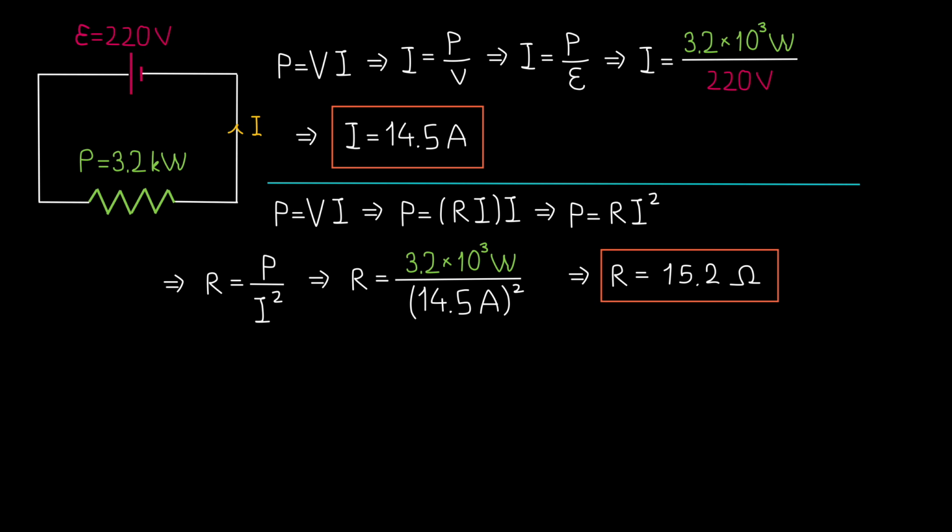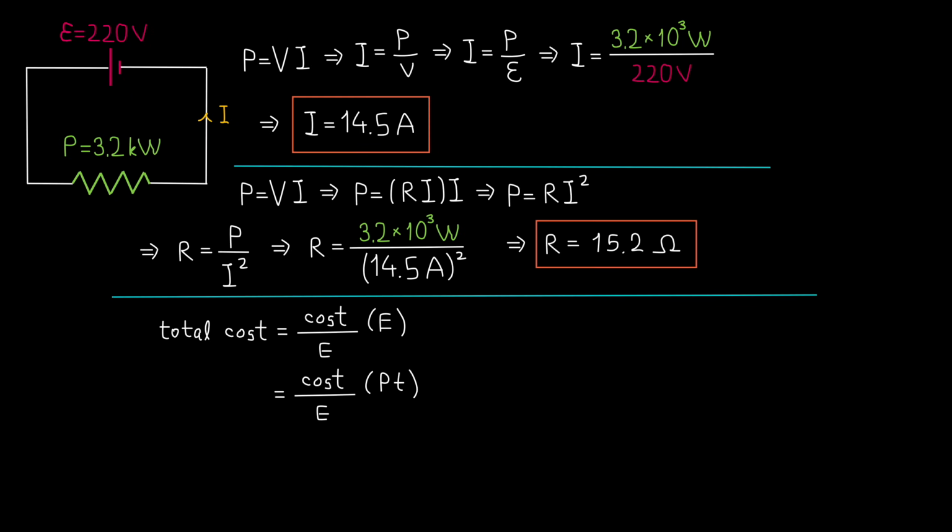The second question is, what is the resistance of the heating element? To answer this question, we combine the power formula, which is P equals V times I, with Ohm's law, which is V equals R times I, resistance times current. So when we combine the two, we get power equals R I squared. Then we solve for R, we get R equals power divided by current squared, P divided by I squared. And then we plug in the numbers, we get the resistance of the heating element equal to 15.2